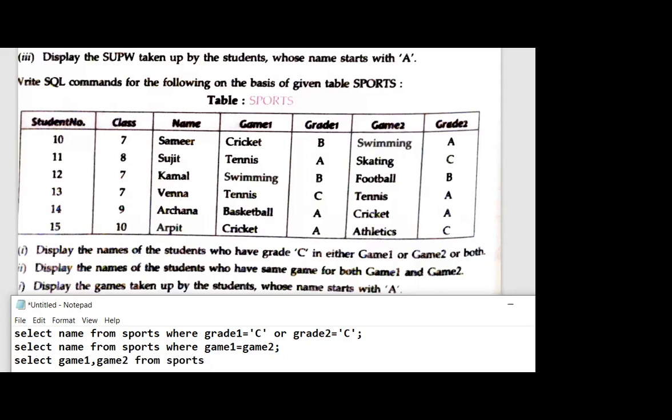Then after that, your where condition. Now in where condition, it is clearly given whose name starts with letter A. So where name like, because it is given starts with, the first letter will be A, and after that you will be having 0 to infinite characters, and after that semicolon in the last.